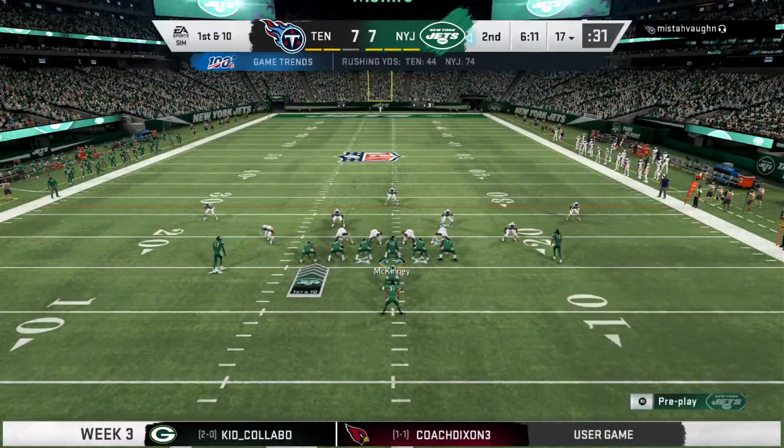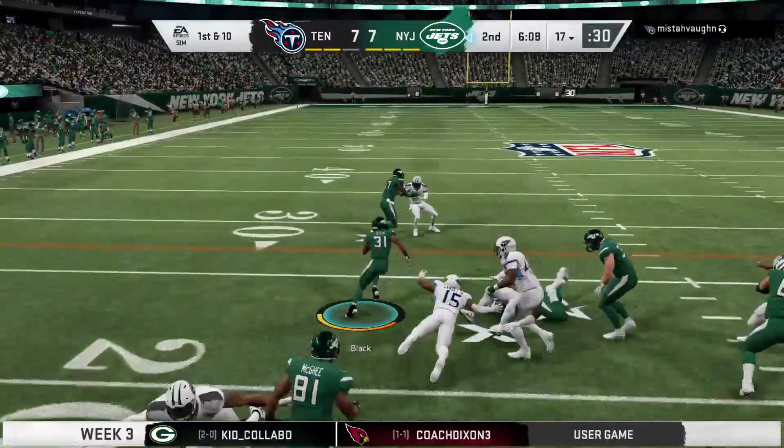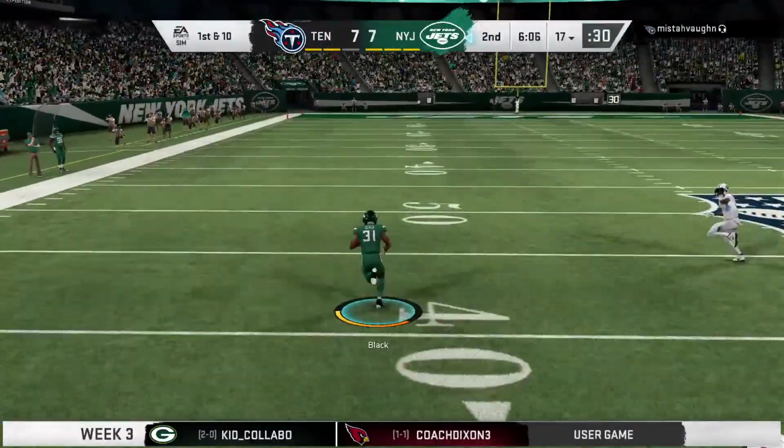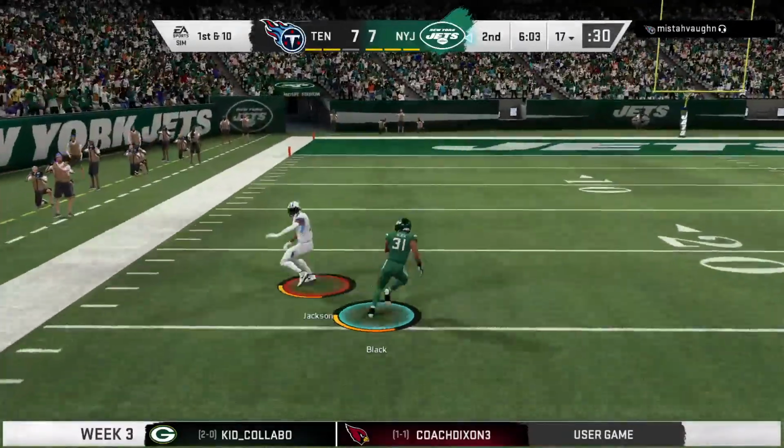A tale of two extremes already in this game. A touchdown pass on their opening drive, followed by an interception last time out. Now, it sounds like things balance out, right? What's that mythological thing that we do? If you have a candy...